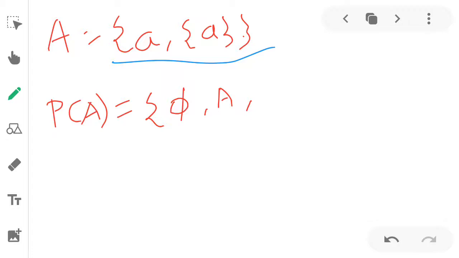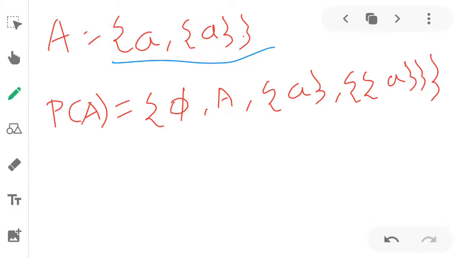Here the first element is a normal element a, so I will write directly a. The second will be {a} inside double curly brackets. As A contains two elements, the power set of A contains four elements.